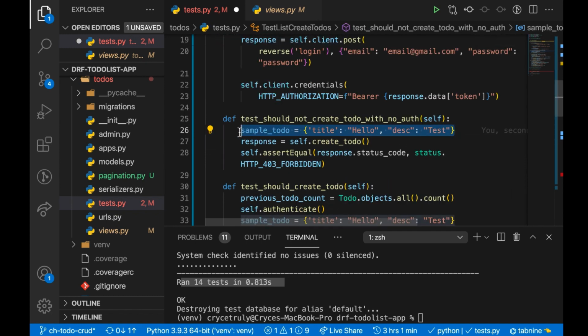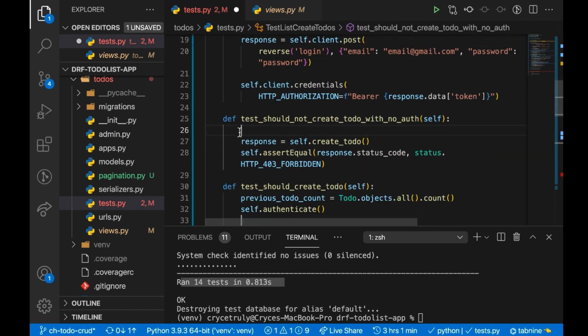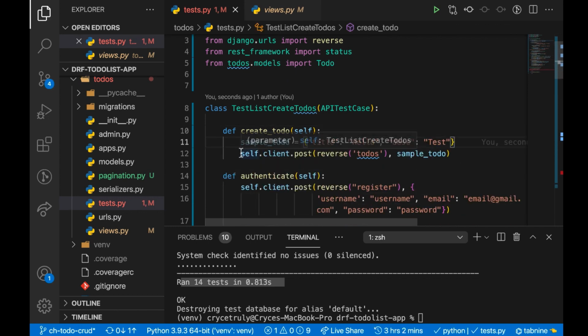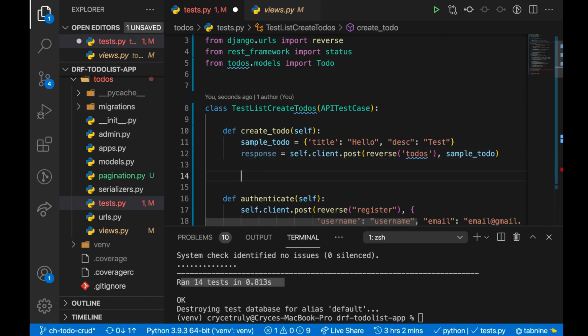So I'm going to find everything and just cut them out. Make sure it's not repeated. Then we come over here and declare it. So this is going to return the response. Now we need to be returning that response because I believe somewhere we were using it. So over here, we can return